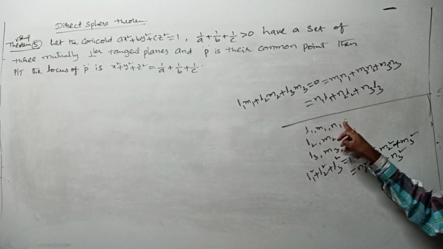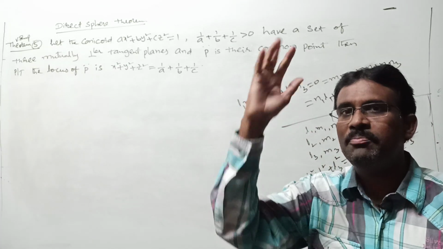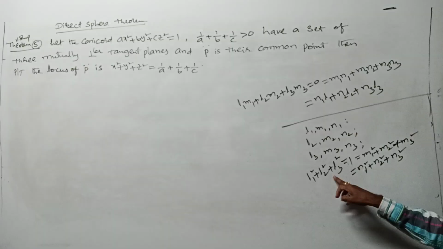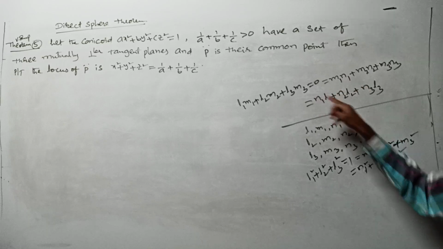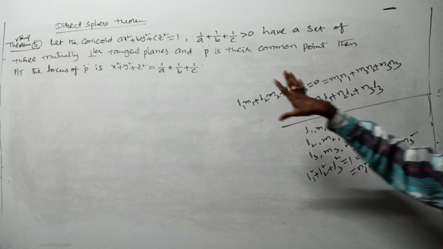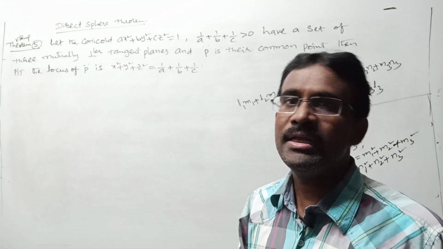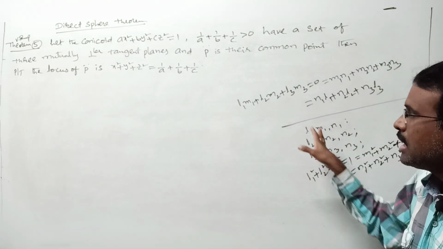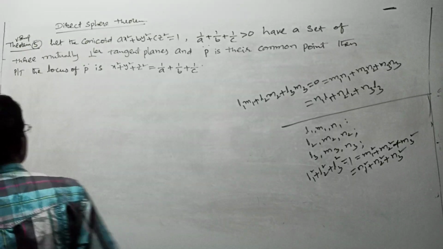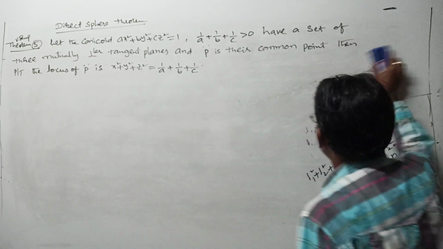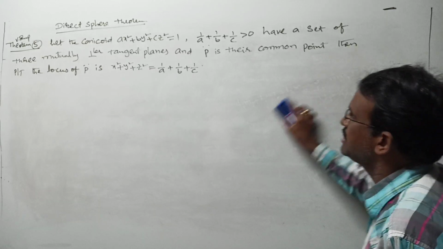Whenever L1 M1 N1, L2 M2 N2, L3 M3 N3 are direction ratios of 3 mutually perpendicular lines, the sum of squares equals 1 and the sum of products equals 0. Try to remember this property. This is basically a concept from your intermediate level, in direction ratios and direction cosines. I am going to use this in the middle stages. But before starting, first I want to take the given conicoid and define 3 mutually perpendicular tangent planes.